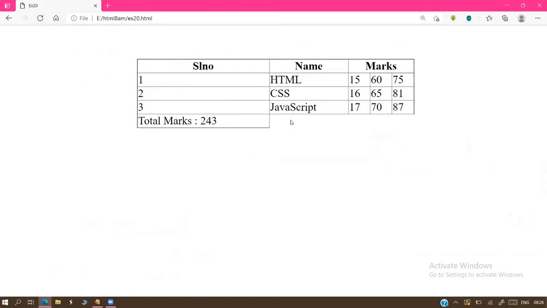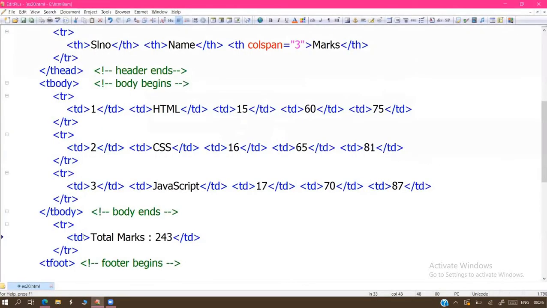Here, sir, we don't require any data, because only one total is available. We don't have five totals. This gap is not looking good, sir. Do one thing: this total should expand up to the end of the table. So how do we expand it up to the end of the table, sir?